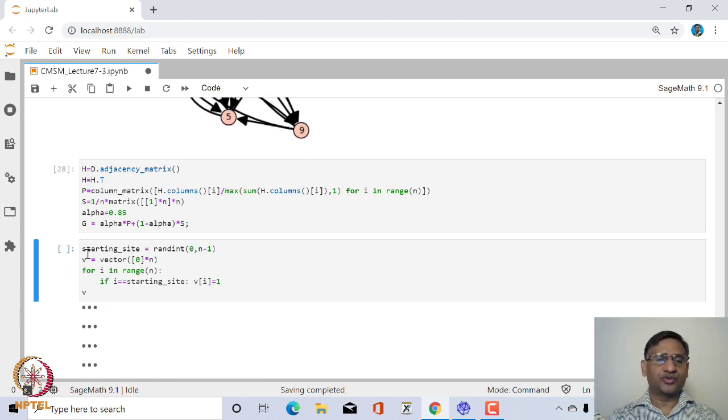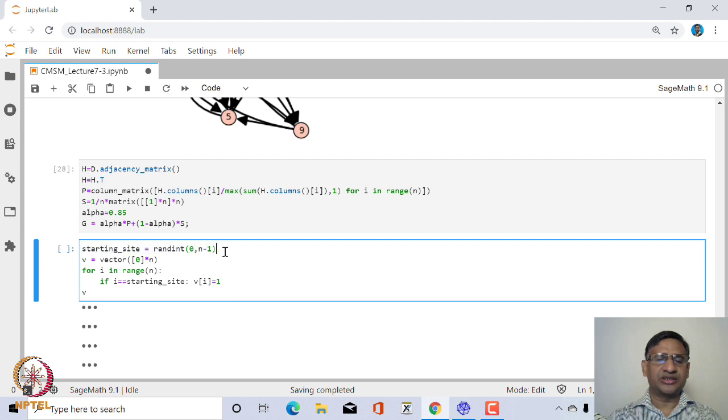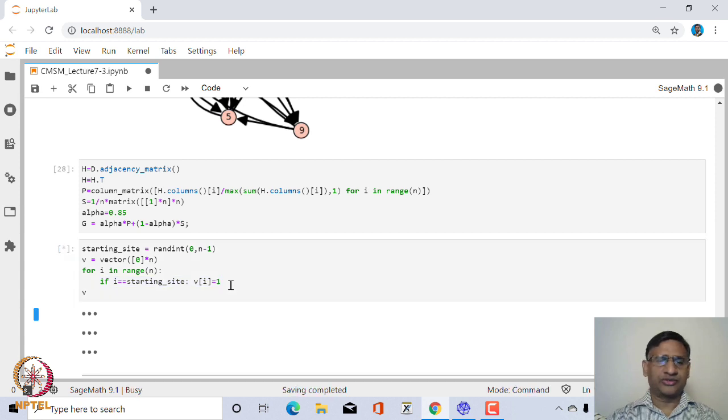take a random vector. How are we generating it? Take a random integer between 0 and n minus 1, because the index starts from 0 and goes up to n minus 1 in this case, and take a vector which is the 0 vector, and then at the ith place, the generated random website number, replace that 0 entry by 1. In this case you see here, this is the last but one website. If I do it once more, this is now the fourth website. So this is the starting place for the user, the user starts surfing from web page 4.